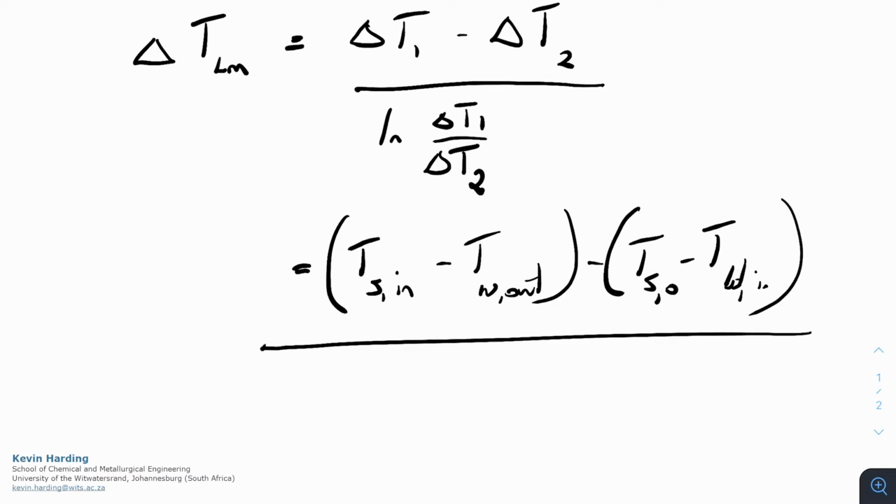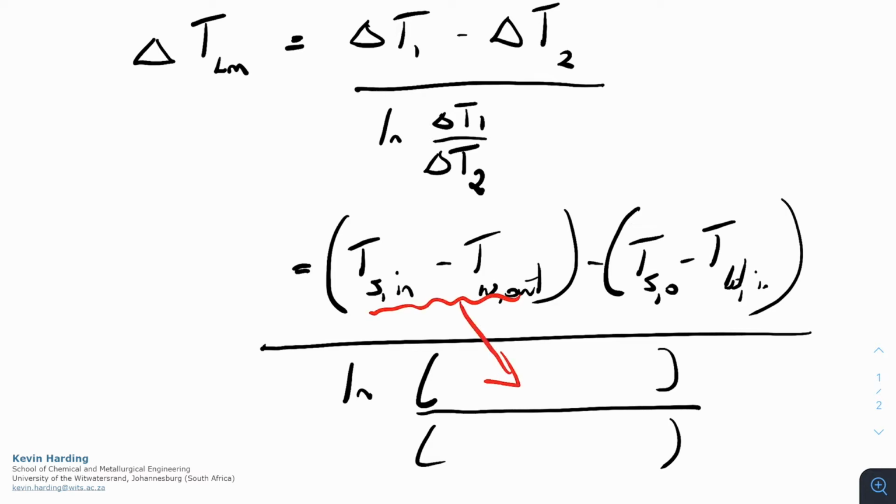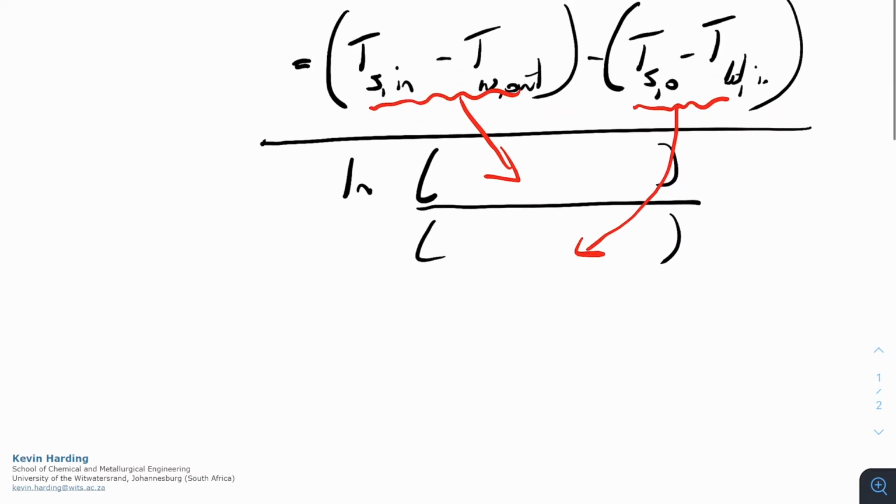That is then divided by the natural log of delta T1. So I'm not going to write that out again. It's getting a little bit messy. It's the term at the top there divided by the term on the right. If we put the numbers into this now, we will simply have...